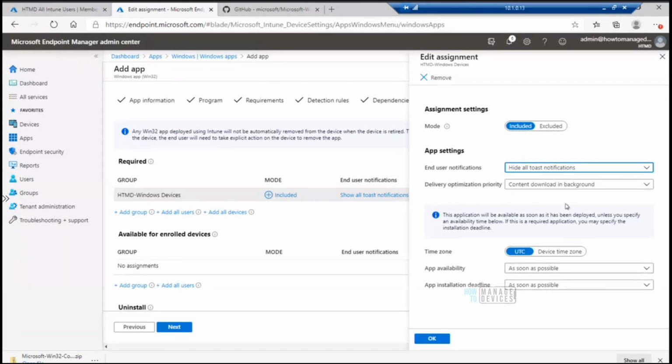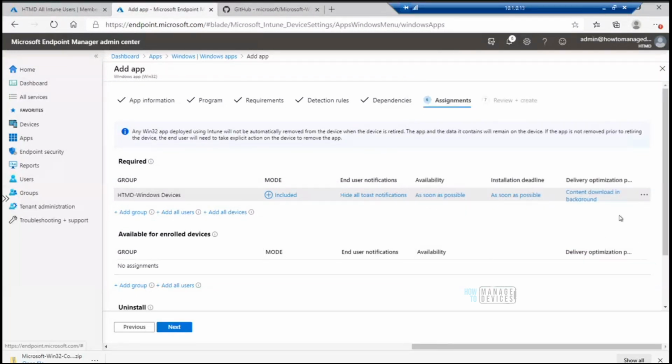The interesting option here is similar again to SCCM scheduling. If you want to schedule a particular application for a particular time, you can do that. As soon as possible is a kind of mandatory option, otherwise you can select any specific time and date, with device time zone or UTC. This is for availability, and this is for deadline. If you are familiar with SCCM deployment, this is the same. I'm not going to select this for now, I'm going to go with as soon as possible, and say yes.